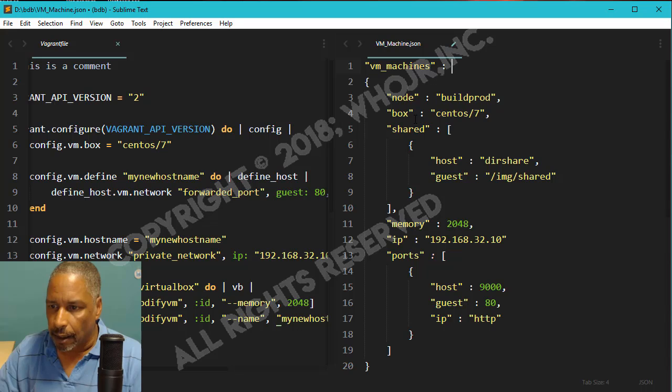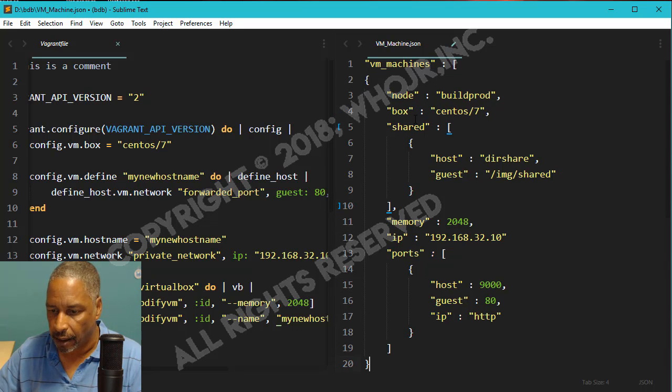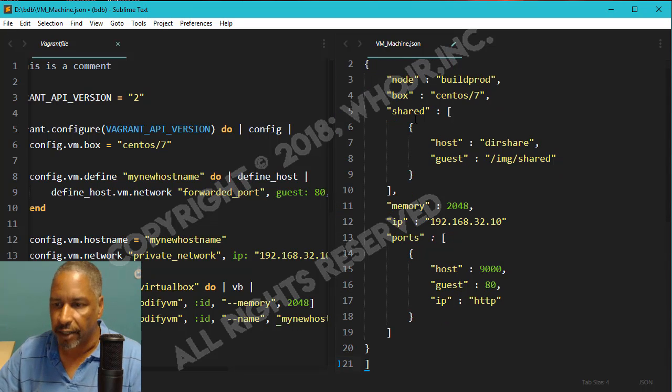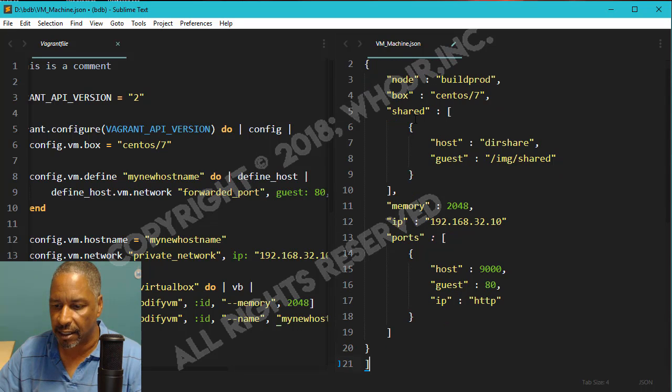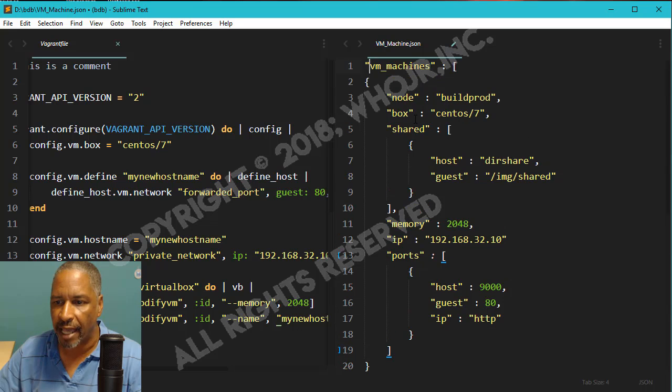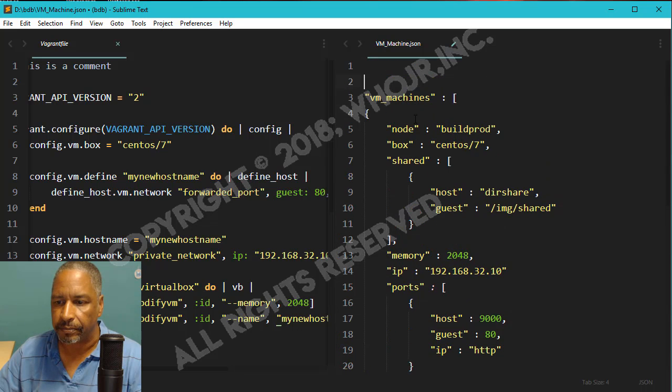So I'm going to create an array, okay? And to create an array, I'm just going to open a brace here, and I'm going to close this brace down here. And this created our array. So I can have as many nodes as I want inside of here. I'm just going to access them from the name tag of VM machines. So I can say VM machines